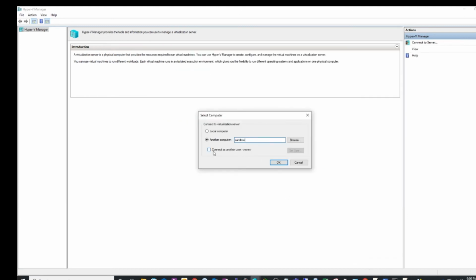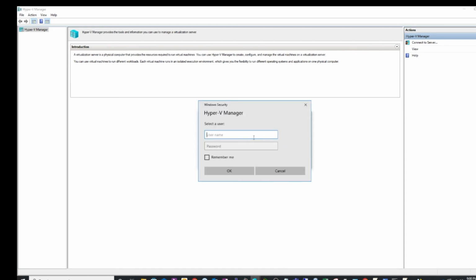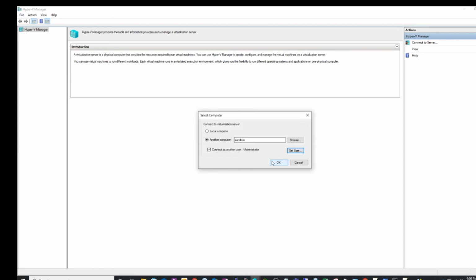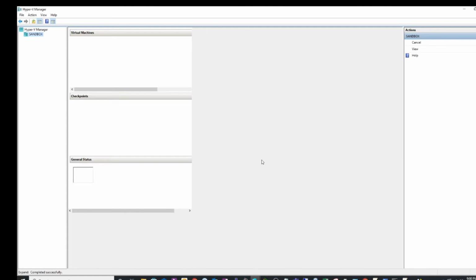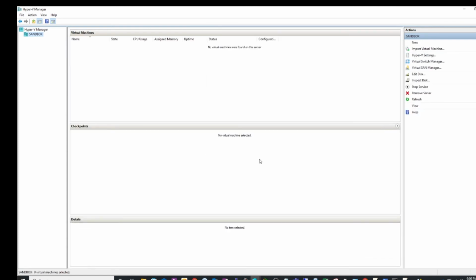Okay, so click on connect and set the user, administrator, and then the password, connect, okay, and okay. And there you go. We have our Hyper-V server connected. So here we are. There's no computer, we don't have any